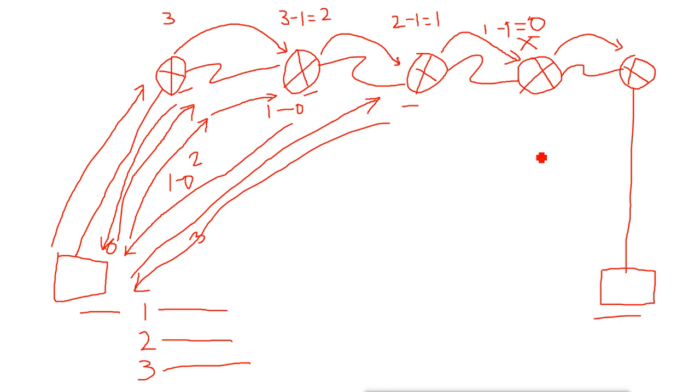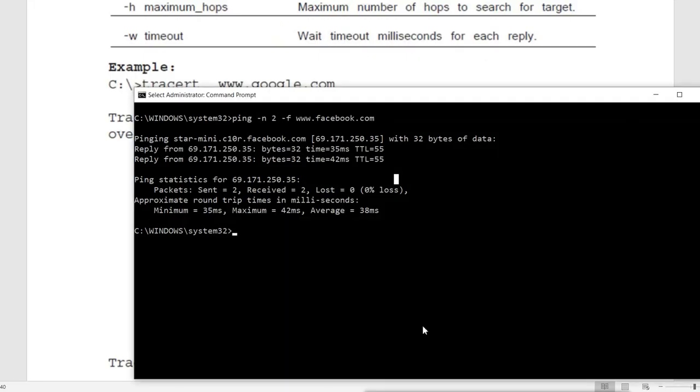So this is how the traceroute command works, and in Windows it is called tracert. So by increasing the TTL value 1 by 1, it will try to point out how many routers are there in between the source and destination. So how it works in Windows, it is called tracert, and then you will mention the destination IP or name which you want to check, and then it will see what to do.